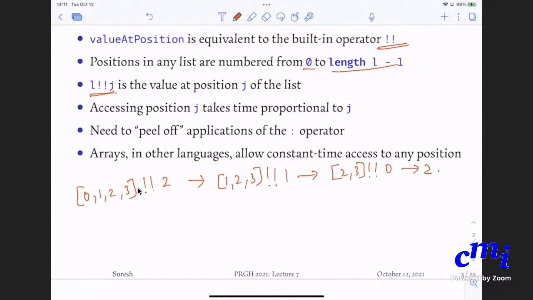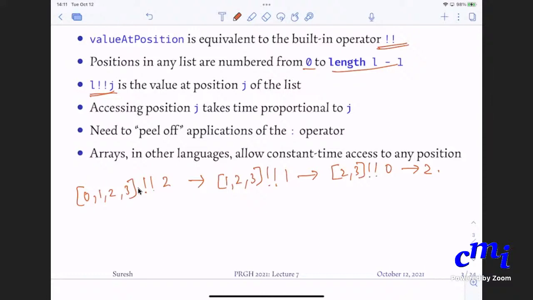In other languages, you use arrays as the main type that collects together values, and there you can directly, in constant time, go to position j. Haskell also has arrays, but we do not need arrays for most of our purposes. We'll see that with lists you can get quite a lot of efficiency.